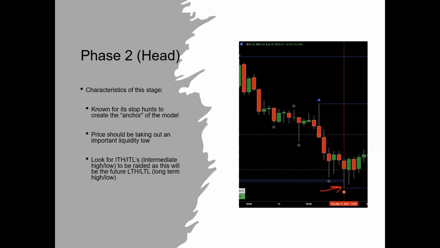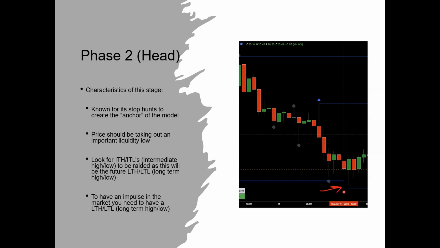But the point is that you have a higher degree of probability of it being the right phase 1 when you choose an intermediate high or low, because after that gets raided, then it could turn into a long term. Now, if you have no clue what I'm saying, fear not, because we will be talking about this a little bit later on. So another characteristic here is, in order to have an impulse leg in the market, you need